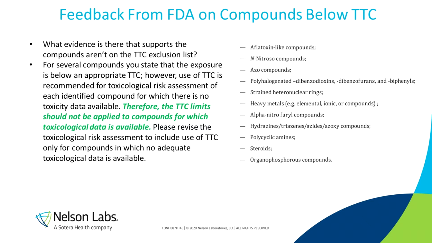For the other compounds, what we've heard is something like this, in various different formats. The FDA will say, for several compounds, you state that the exposure is below an appropriate TTC. However, use of TTC is recommended for toxicological risk assessment of each identified compound for which there is no toxicity data available. I would also say for unknowns. Therefore, the TTC limits should not be applied to compounds for which there is toxicological data available. Please revise the toxicological risk assessment to include use of TTC only for compounds in which there is no adequate